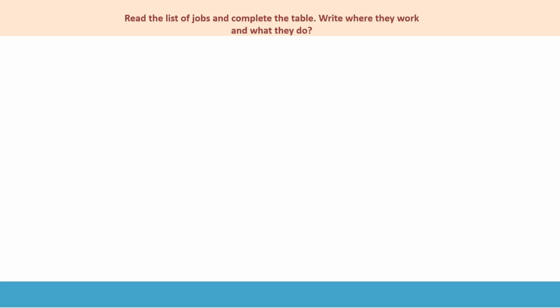Okay, so the first task for you now then, you will be reading a list of jobs in a table, and I want you to think about sentences that you can write for that job title of where they work and what they do, thinking about the present simple tense that we've just learnt, and write down the sentences for these jobs. Okay,